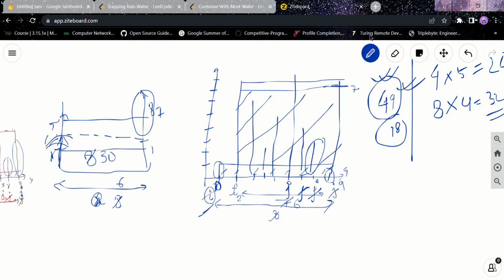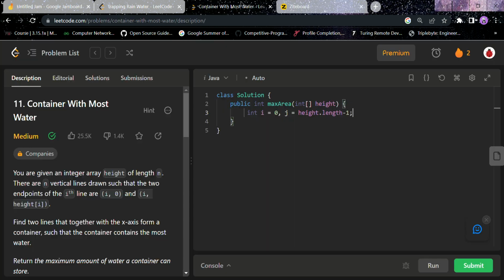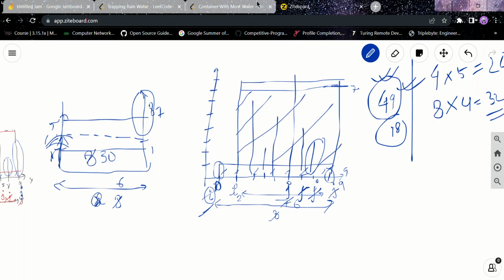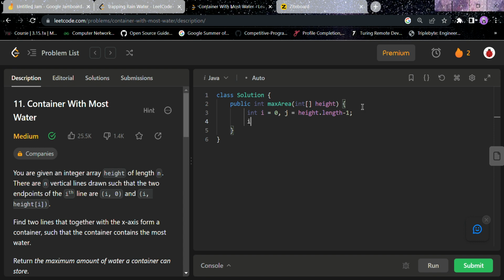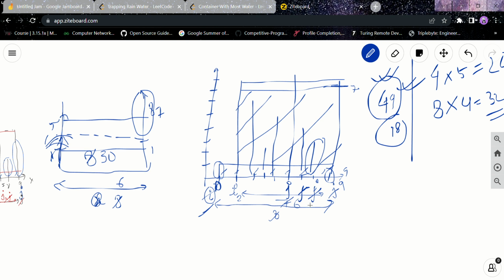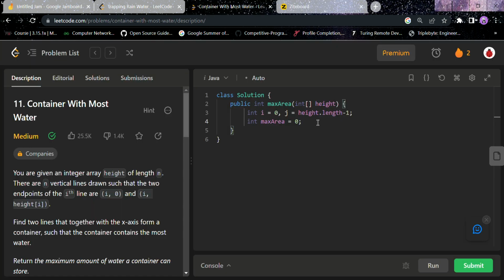Okay, now we will have an area. Each time we will find out an area which is to be the max area. So we will say int max area to be 0 initially. Now till when we have to run? Each time either I is incrementing or j is decrementing, so we have to run a loop until I is less than j. While I is less than j,